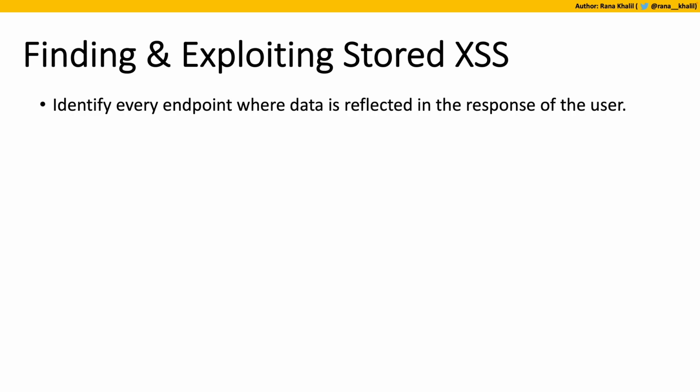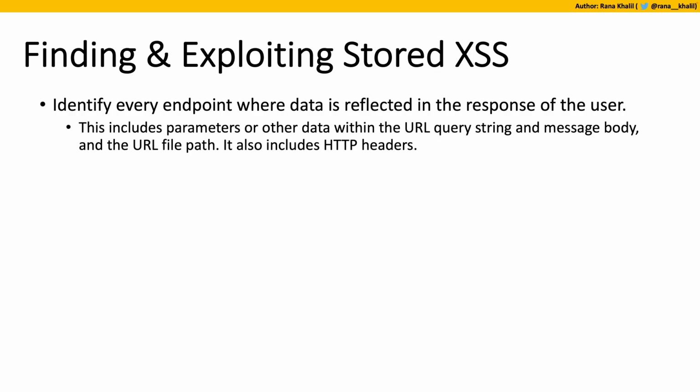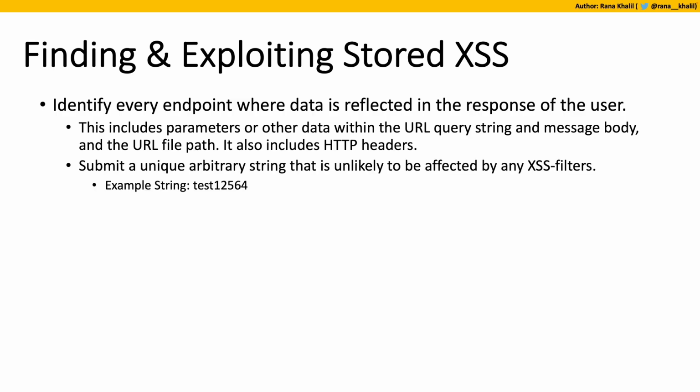All right, we spent quite some time on how to find and exploit reflected XSS vulnerabilities, and that's okay because everything that we learned for reflected XSS vulnerabilities applies for finding stored XSS vulnerabilities. So the first step is the same. You need to identify every endpoint in the application where data is reflected in the response of the user. This again includes parameters in the URL, in the message body, in HTTP headers, and so on. Once you identify all the input vectors, you submit a unique arbitrary string that is not likely to be blocked by XSS filters. So again, we use the example of the string